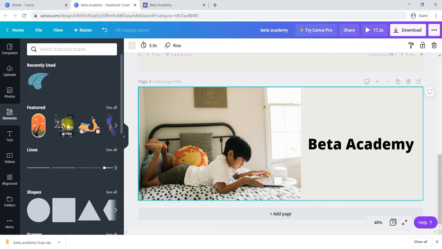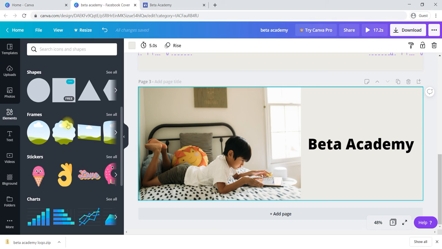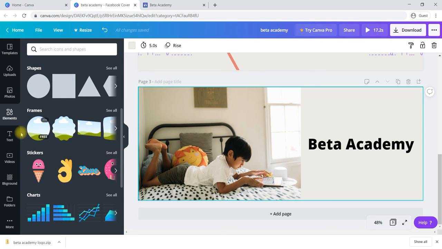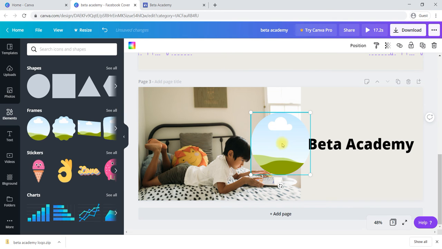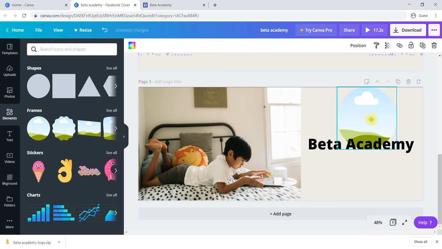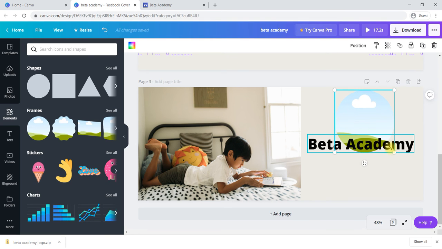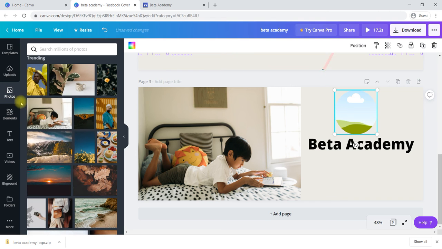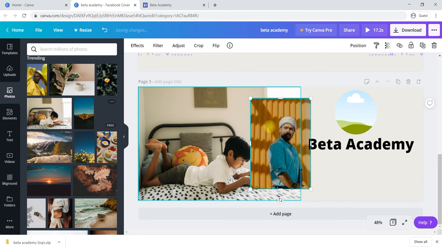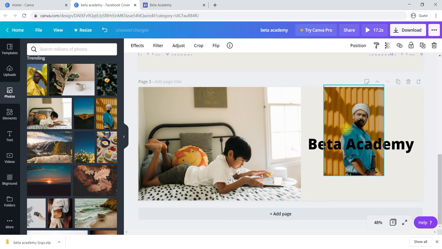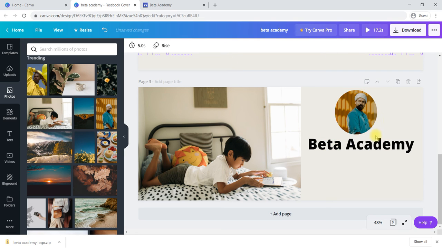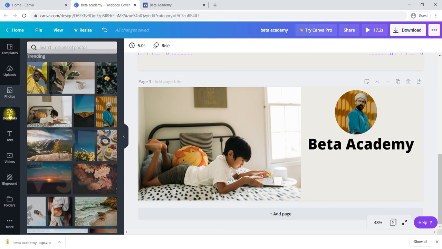In elements you will get different shapes. Frames are nothing but shapes within which your photo will be fitted. For example, here you have selected a frame, you are keeping it here, resize. If you drag any photo into that particular frame, it will be set within that frame. That is the use of the frame.